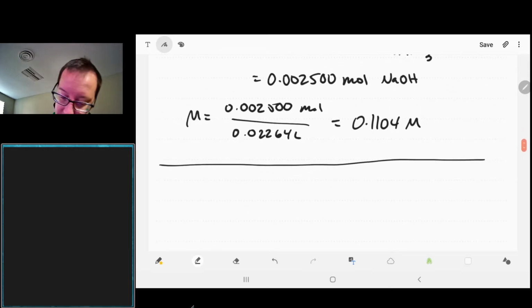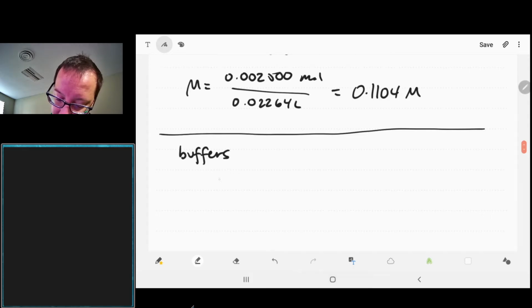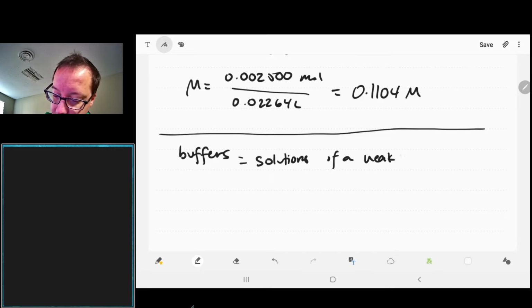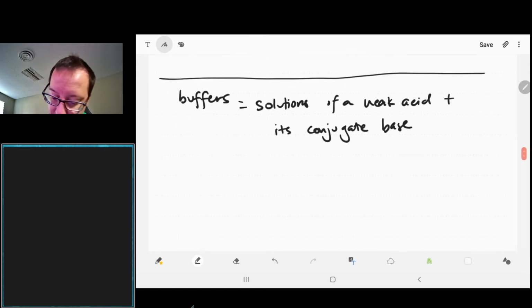Alrighty. The last thing to talk about, the last thing of the whole class, is buffers. So buffers are going to be solutions of a weak acid and its conjugate base. For example,